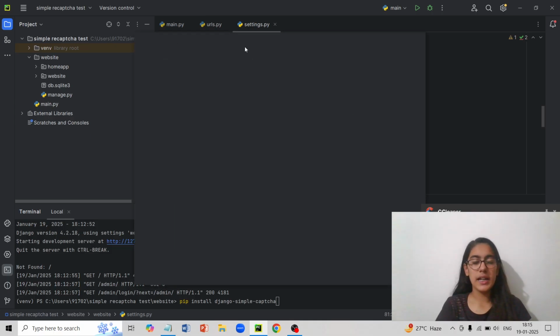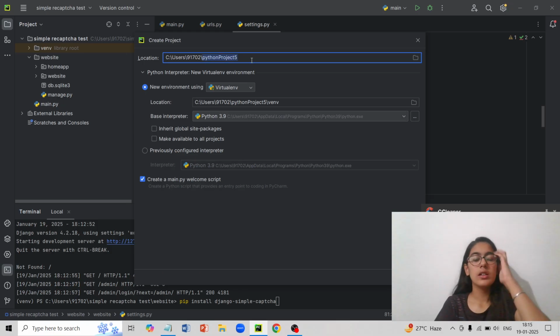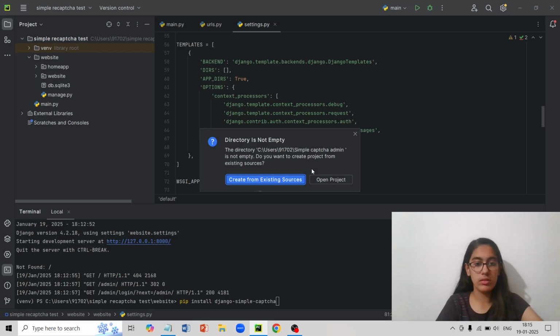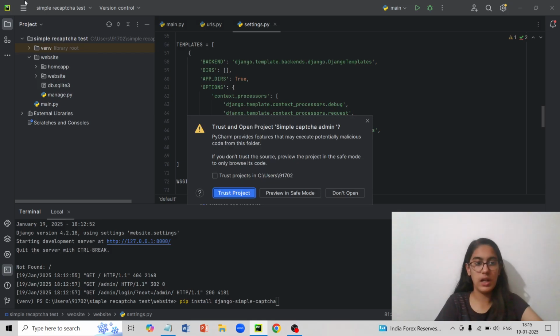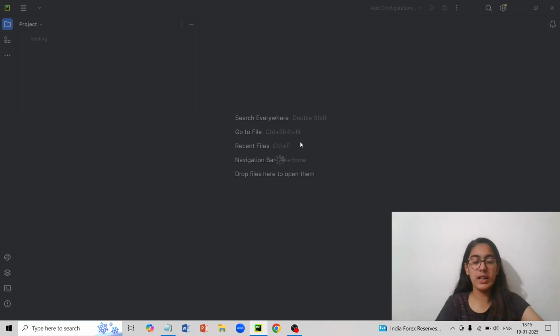Here I will give a name to the project, which will be simple CAPTCHA admin, and create. I will create another project. It takes time to open.